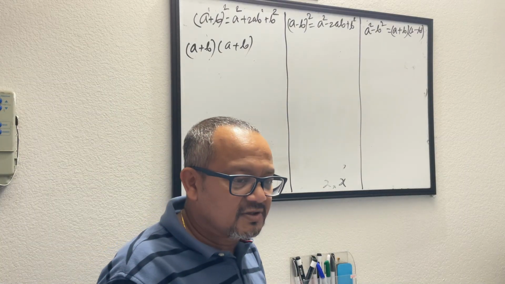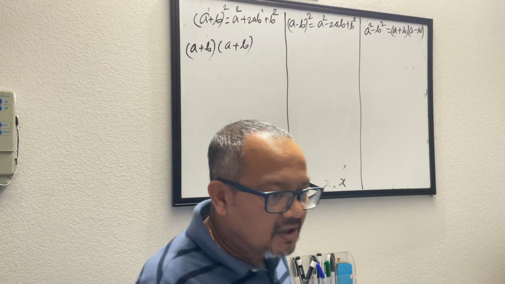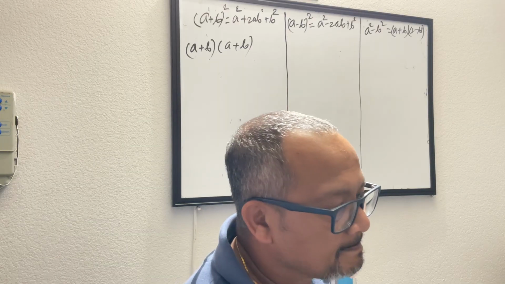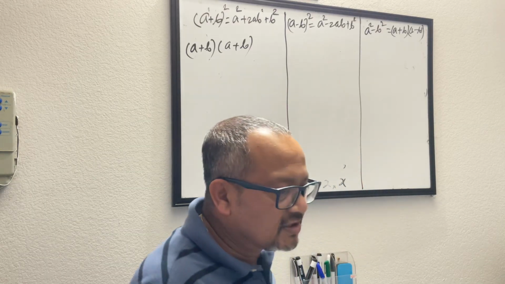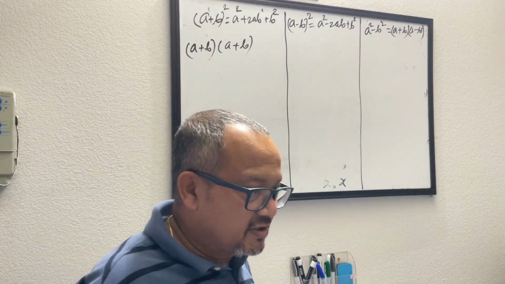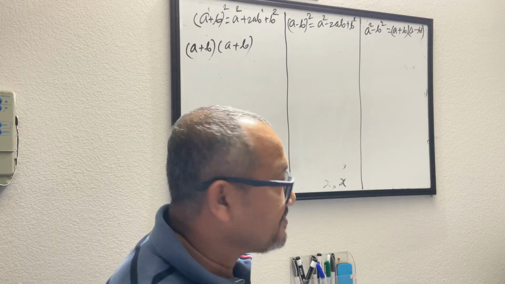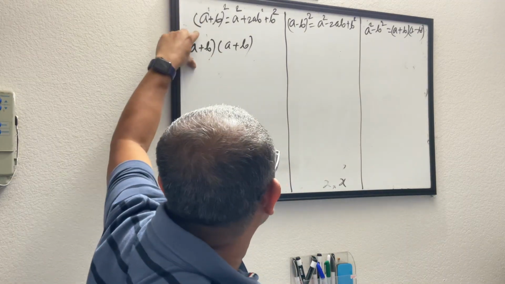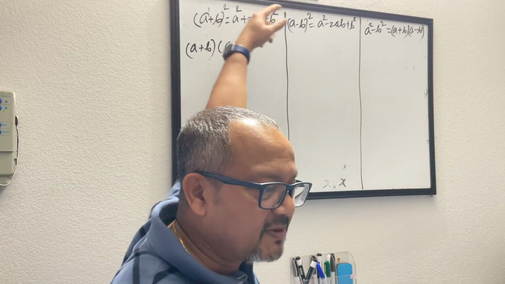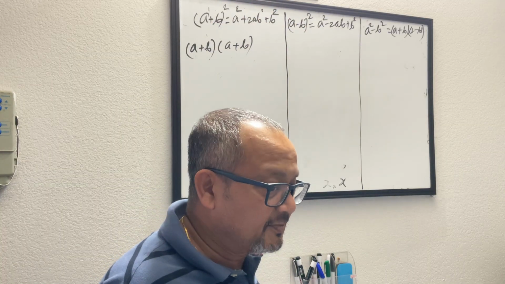Yes, Biswa? Do we have to change it, or can we just keep the first one? We have to change it to a plus b multiplied by a plus b. That's how you'll know that a plus b whole square equals this. We just have to break it down. A plus b whole square is nothing but a plus b times a plus b, like x square is x into x.